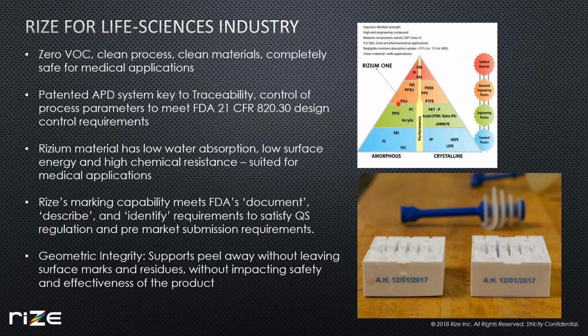Also, the other thing that Excendia Life Sciences talks about is we have a patented augmented polymer deposition system where on each and every part, you can actually put QR codes that go at the voxel level, as well as part numbers, and it is key to traceability and control of process parameters. And obviously, they say it's required to meet FDA 21 CFR 820.30 design control requirements. So if you want to satisfy all the control requirements of traceability with Rize, on every part you print, you can actually put the QR codes and part numbers. They are done at the voxel level. In other words, the marking goes deep into the part, so it can't be scratched off or anything like that,